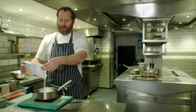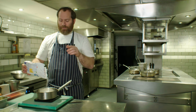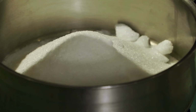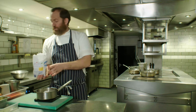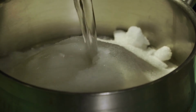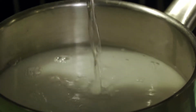but this way of cooking rhubarb in a stock syrup, you always get a consistency through every single bit of rhubarb. And sometimes when you cook rhubarb, you're constantly adding sugar as you go along, and then it just breaks down. This is a really, really good technique of cooking the rhubarb. So 300 grams of sugar, 300 grams of water,